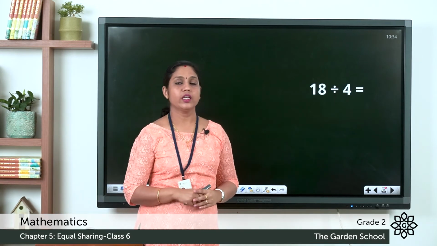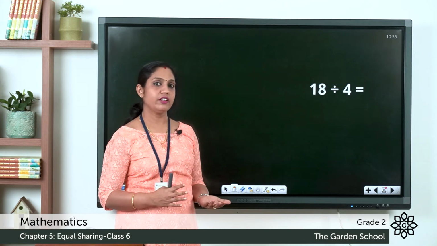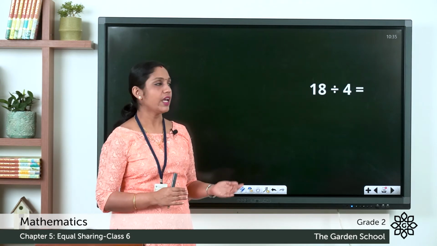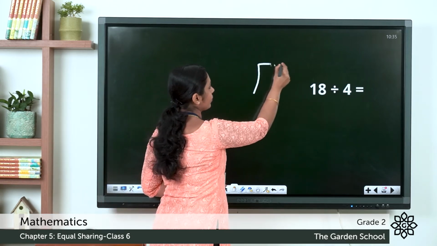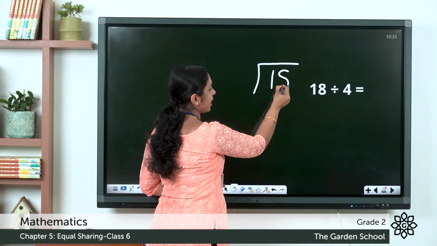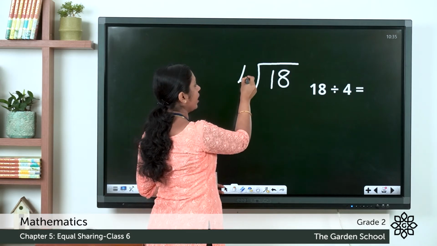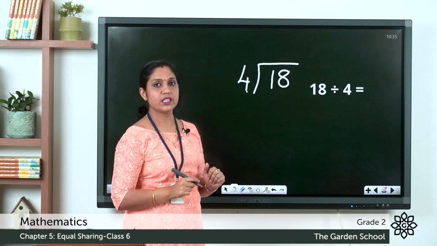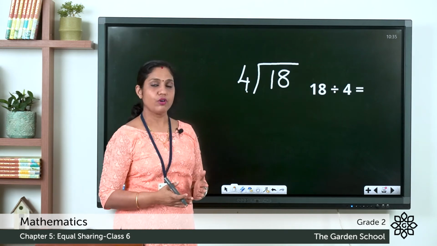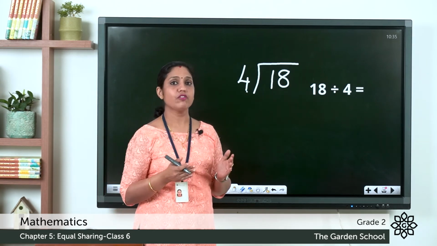Let's take another one. Here we have 18 divided by 4. So which is the dividend? The dividend is 18 and the divisor is 4. So 18 inside this line and 4, the divisor, outside this line. And now we have to revise the table of 4 because we have divisor 4. So 4 1s are 4, 4 2s are 8, 4 3s are 12, 4 4s are 16, 4 5s are